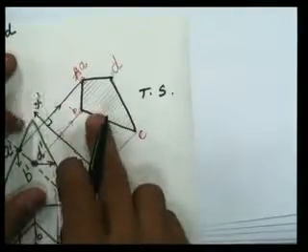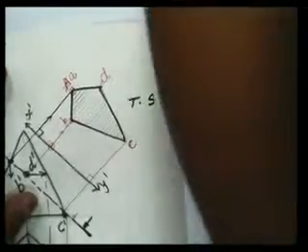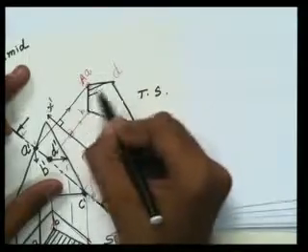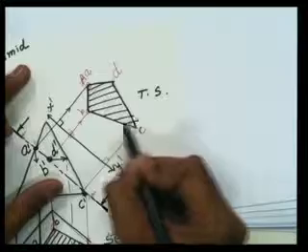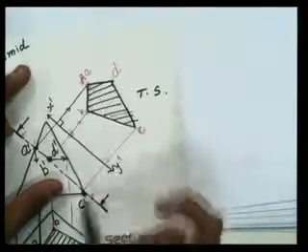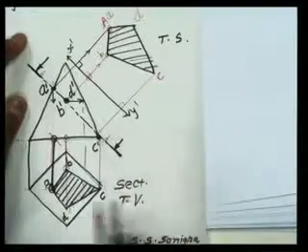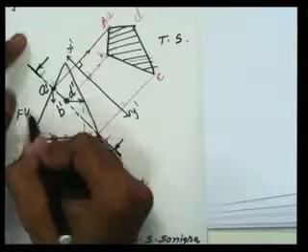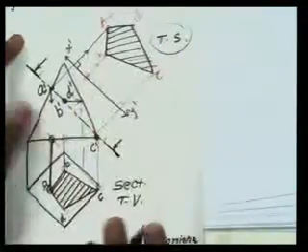Now in this true shape, again we can draw a sectional true shape, meaning drawing the lines which make an angle of 45 degrees with this reference line like this. So the angle between this line and this line should be 45 degrees. So this is the final problem. You can see here, this is the sectional top view, this is the front view, you can write here front view, and this is nothing but the true shape of the section. So this is the final problem.